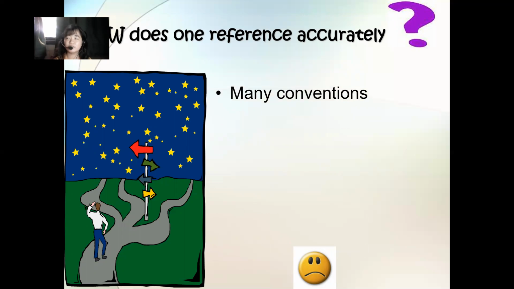So, there are many conventions in referencing. Other schools would prefer this type of referencing. They would prefer MLA. Others would prefer Chicago. Others would prefer APA 6th edition. Others would prefer the 7th edition of APA. So, the important thing is that you know exactly what format is implemented by your school or your thesis advisor.